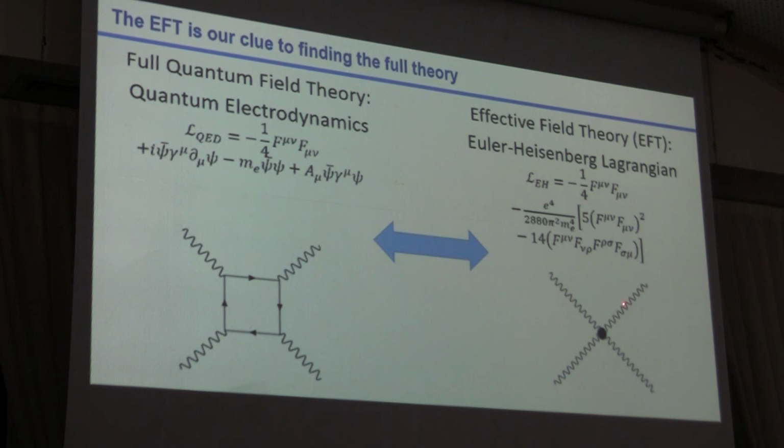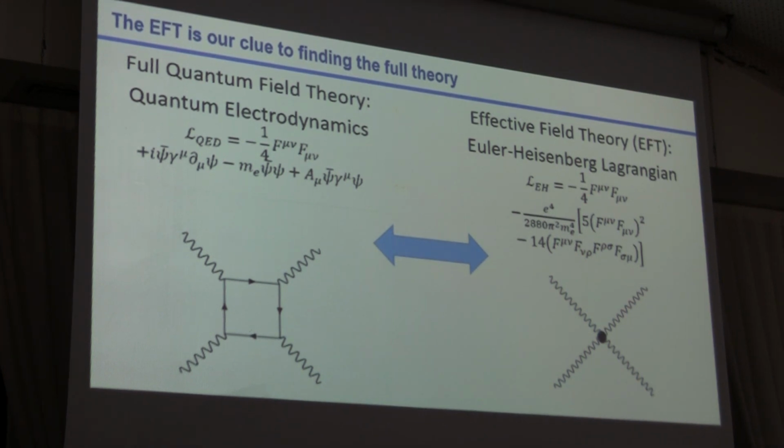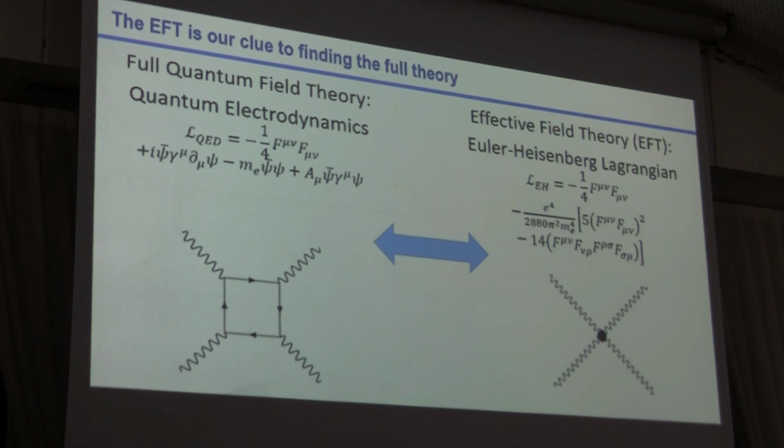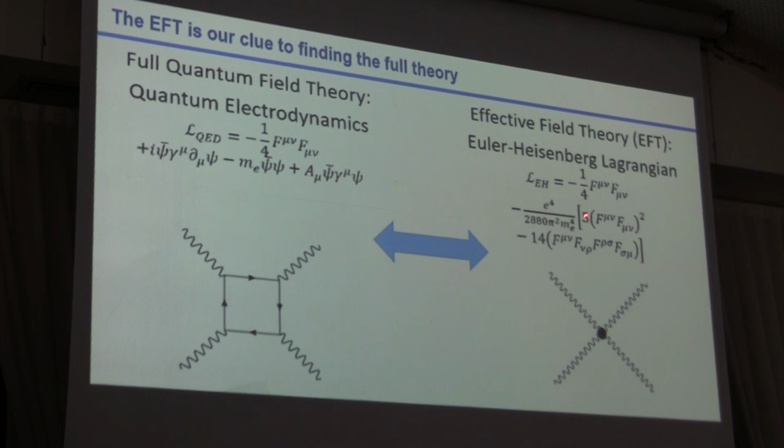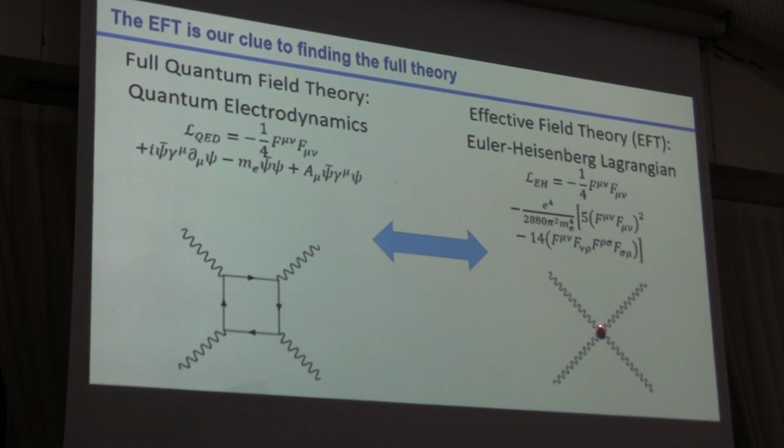At some point, we have no electrons and positrons, so at some point we would discover that Maxwell's equations are nonlinear. There are nonlinear terms in Maxwell's equations, or the Lagrangian will look something like that. There will be fourth-order terms in F, which gives us this kind of vertex. And then we'll start asking, well, is there a more fundamental theory that can explain this interaction between photons? And maybe that could be a way to find QED in this alternative history.